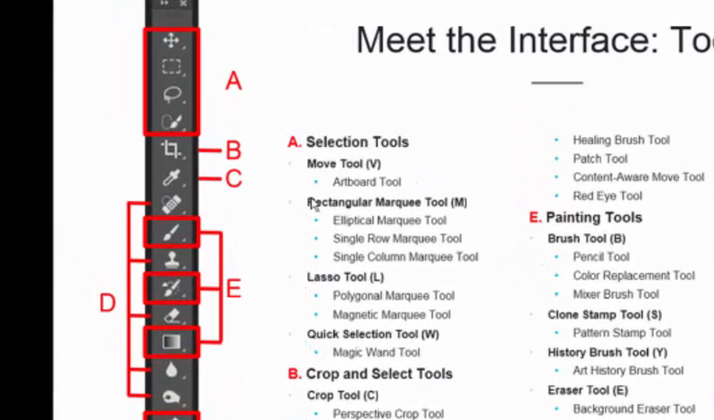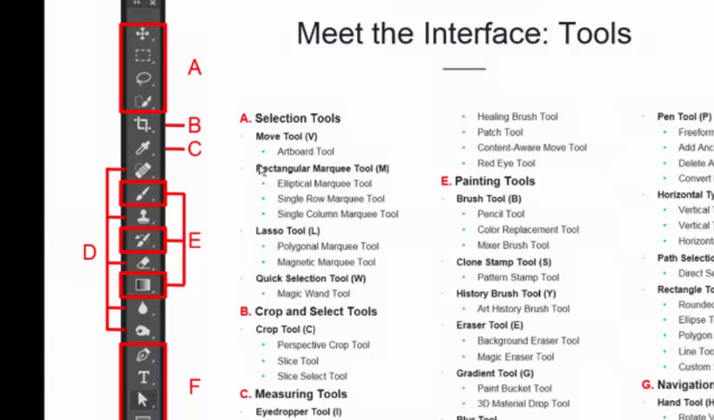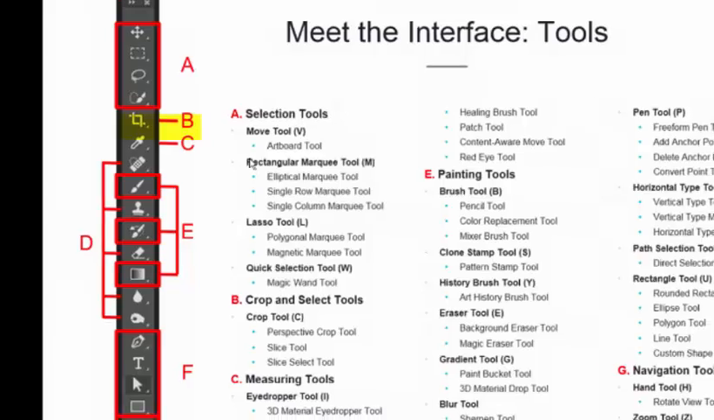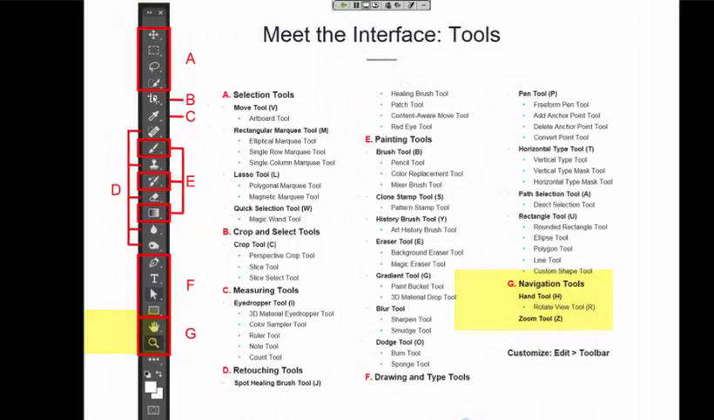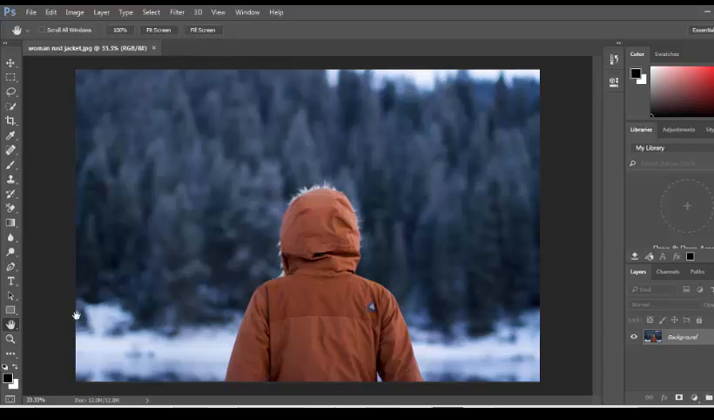We'll be covering some of the basics like the Move tool, the rectangular marquee, otherwise known as the selection tool. We'll be covering the crop tool, which you see located in section B, and a couple of the tools farther down in section G. You can see the hand tool and the zoom tool as well. So let's get started. The first tool I'm going to show is the crop tool, which is the fifth one